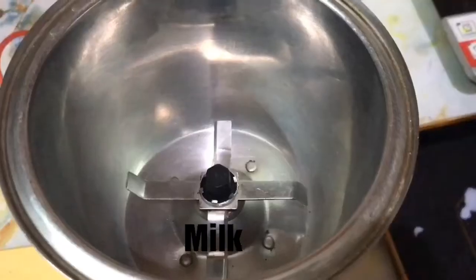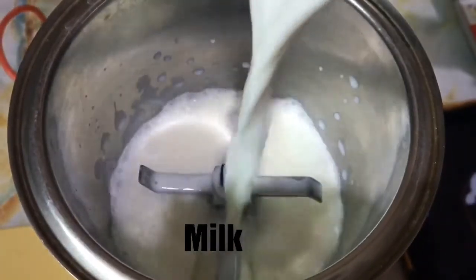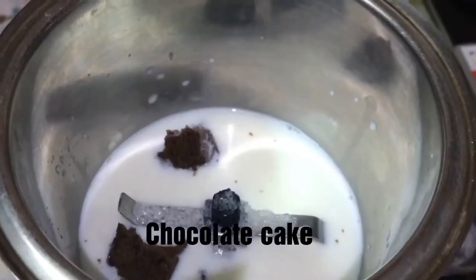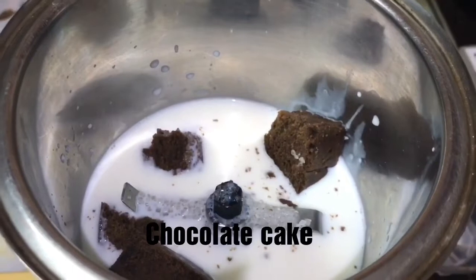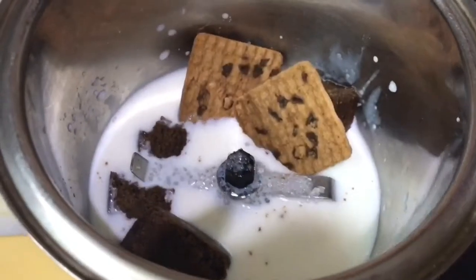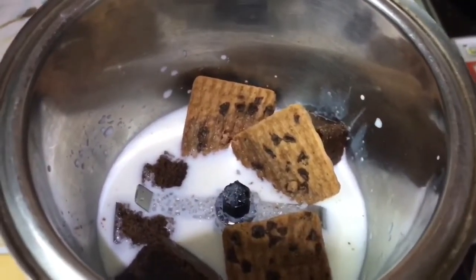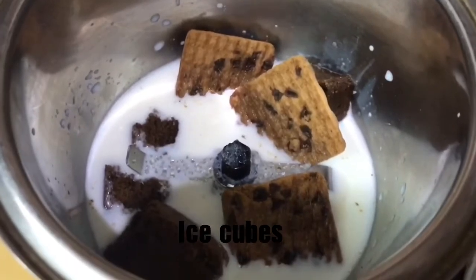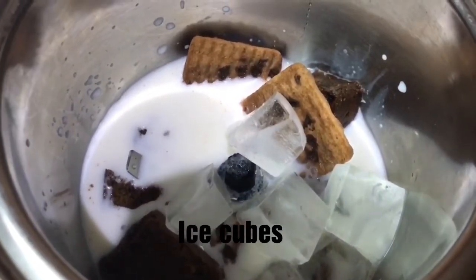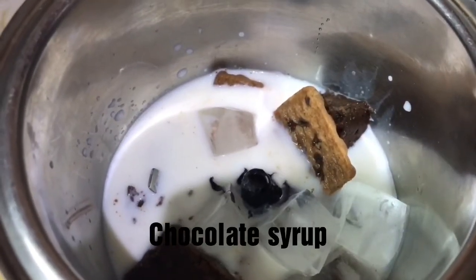So first, starting with the main ingredient, we'll be adding milk, sugar, pieces of chocolate cake, chocolate biscuits, and then some ice cubes to beat the heat. Then comes the chocolate syrup